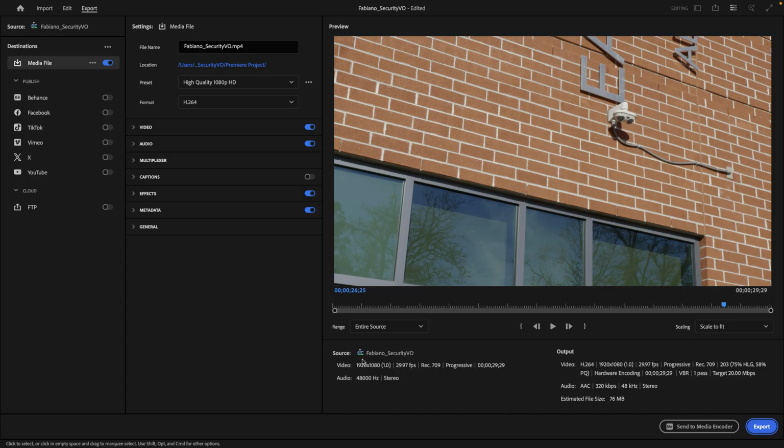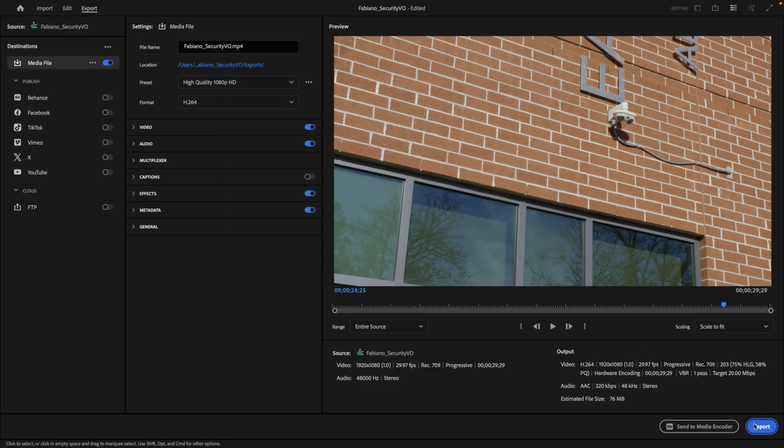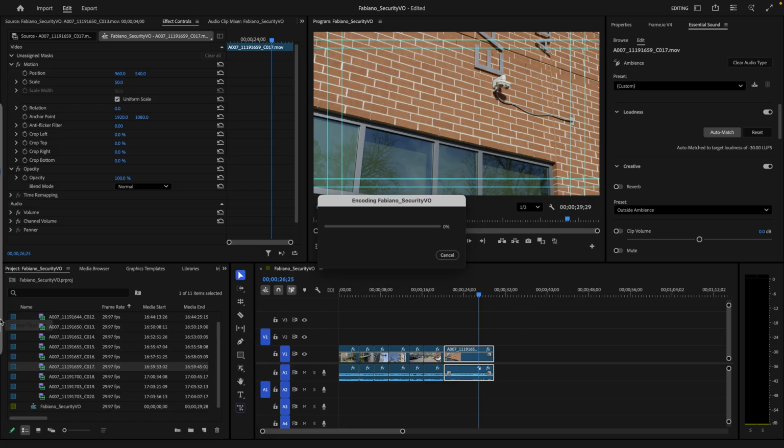Fabiano Security VO. It does not say A001, right? There's no confusion here. It's getting exported at this resolution, this frame rate, all that good stuff, and the entire source is getting exported. Not in to out, not a raw clip, the entire source is getting exported. All right, that should be a review. All right, so my name is correct. I do need to change the location because it wants to go into the Premiere project. I want to put it in the exports window, save it, and export it. Okay, now